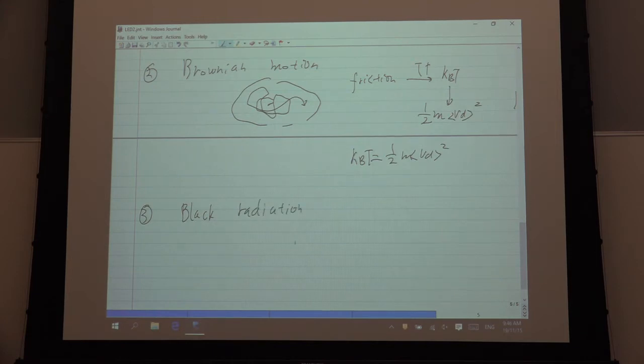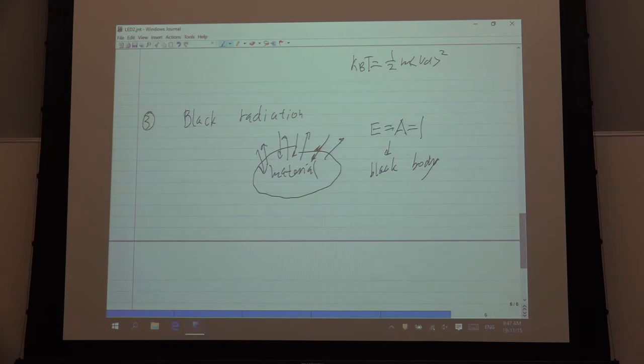At thermal equilibrium, some materials absorb EM waves. They also emit EM waves. At thermal equilibrium, the emission rate equals the absorption rate. For a black body, this is equal to 1. So a black body is a very good absorber. It's also a perfect emitter. The two processes are detailed balanced.